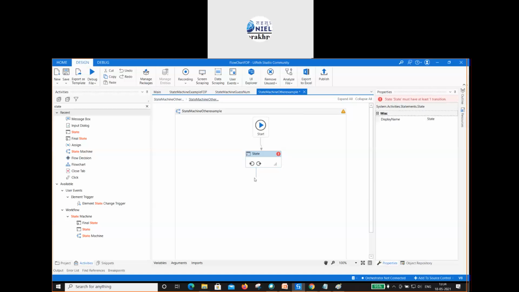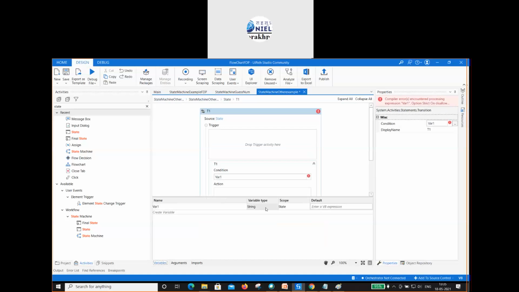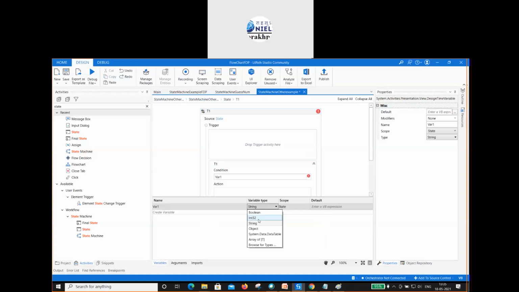Now create a trigger point, provide the condition, that is variable 1, just wait, change the type of variable from string to int32,